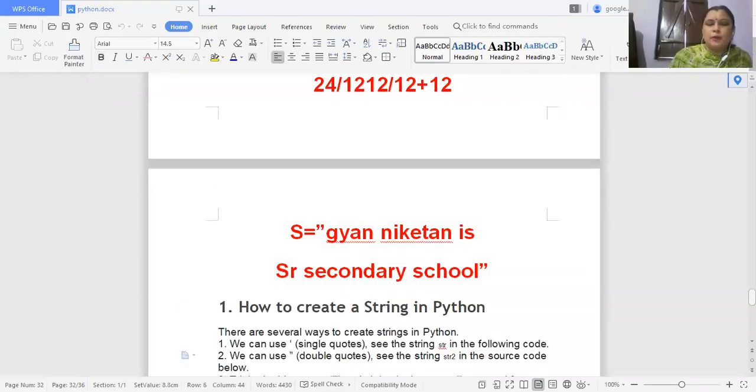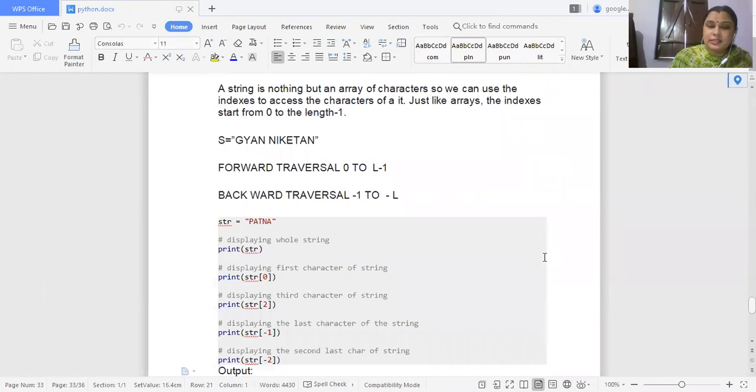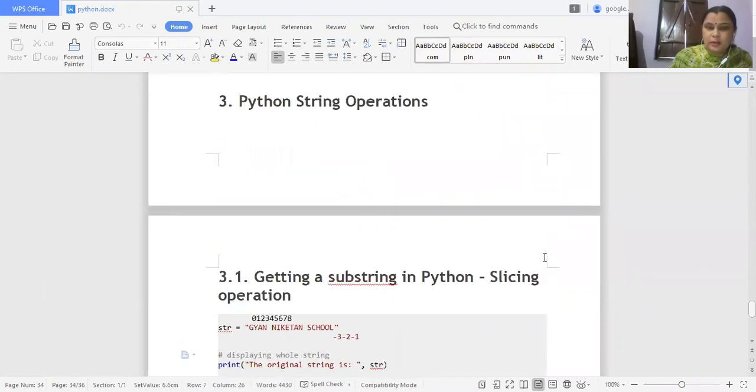So what are the operations performed on string values? In string operations we can use the plus operator, the multiplication operator, and the other relational operators. The plus operator is known as the concatenation operator.